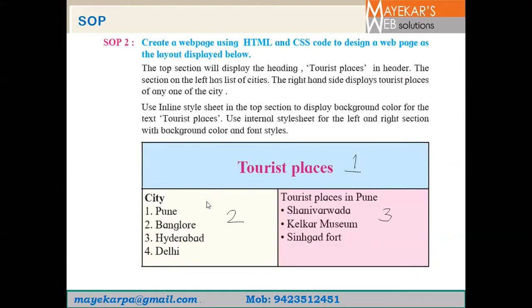So here background color will be white, here background color will be pink, and here background color will be sky blue. Okay, here we can change this background color by using CSS. In first section, we have to use inline style sheet, and in third section,